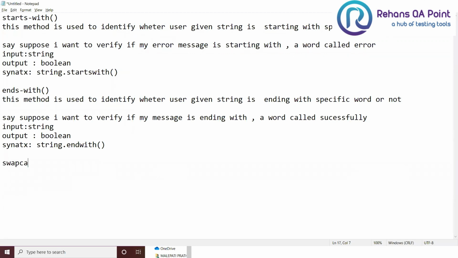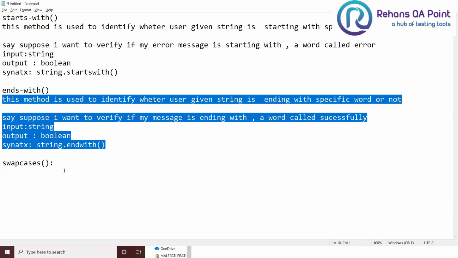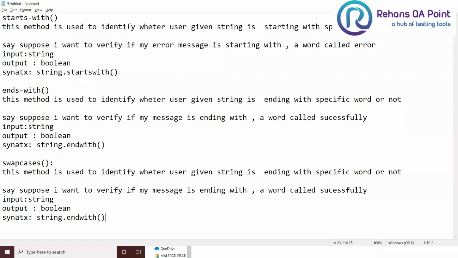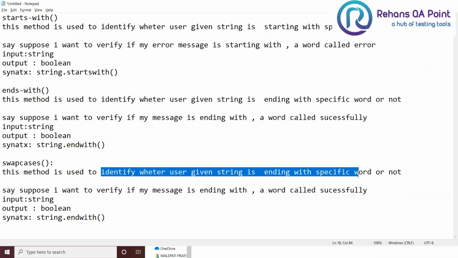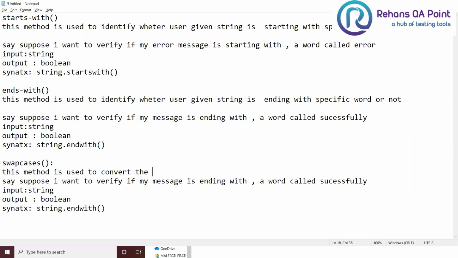There is one more method called swapcase. What is it going to do? This method is used to convert the user given string's uppercase letters to lowercase letters.